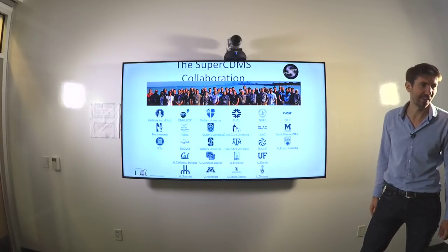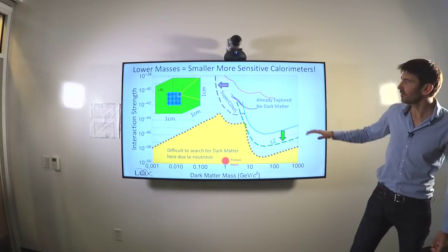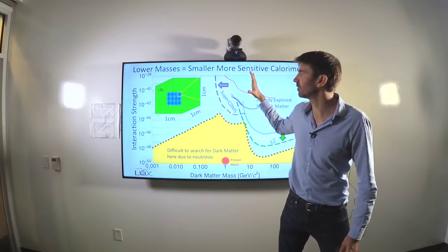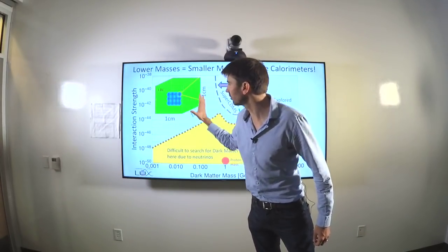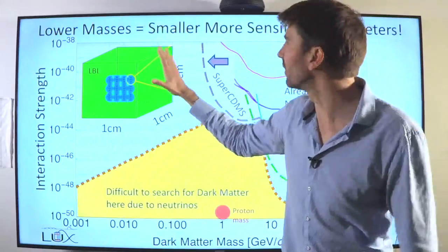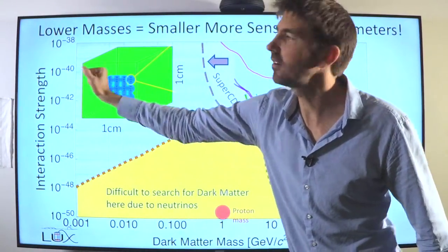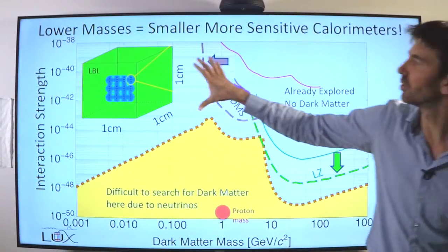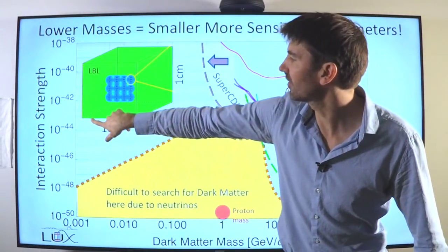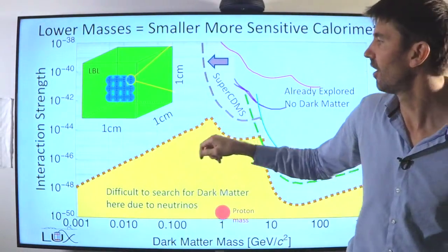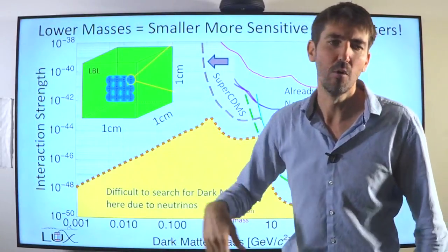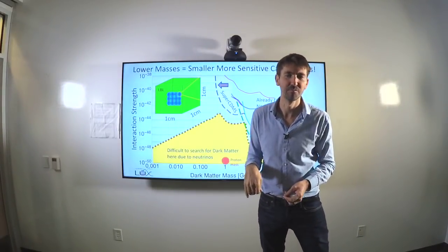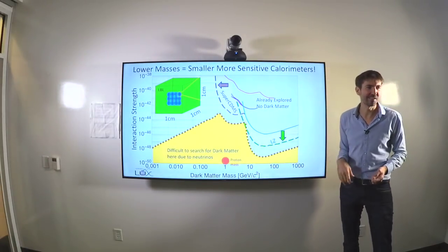And then, so that was this. But these same ideas and that same philosophy of why it is so hard to search down in this range to lower masses just keeps on going. If you want to search for lower mass dark matter, you must make smaller detectors. And actually with LBL, we're thinking about how to do this. And we're not talking about kilogram-sized single crystals. We're talking about 1 centimeter cubed, or we're talking about centimeters squared. So that's it. Thanks so much.